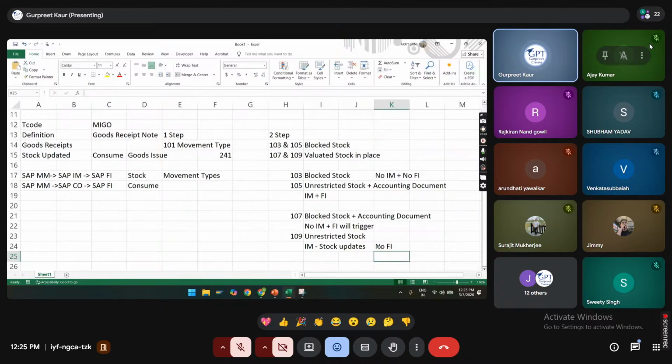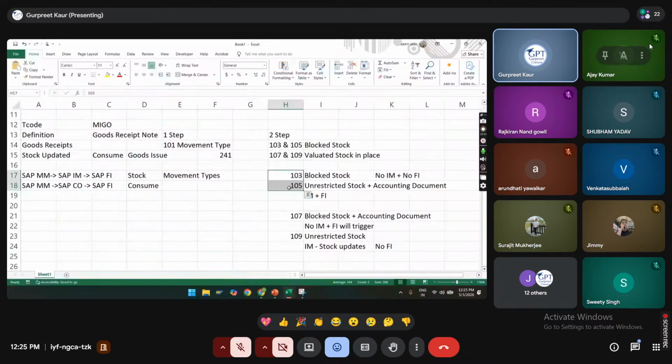So in which scenario are you going to use this? Where the company doesn't want to book the liability, or doesn't want to impact the financial aspects while receiving the material, they go with 103 and 105.